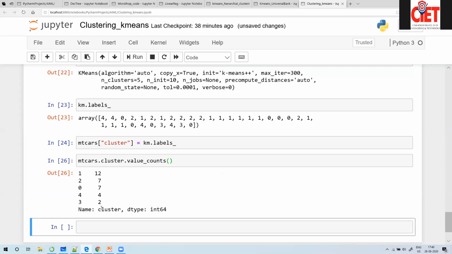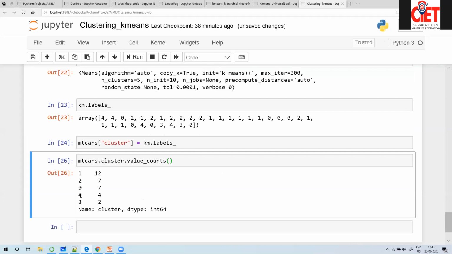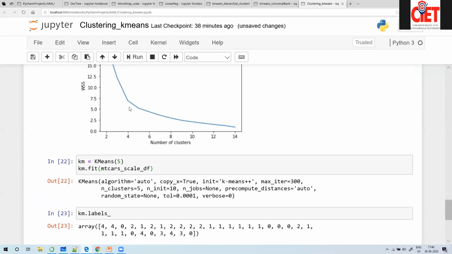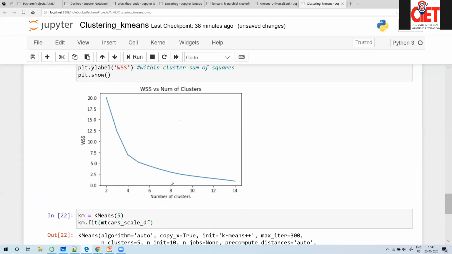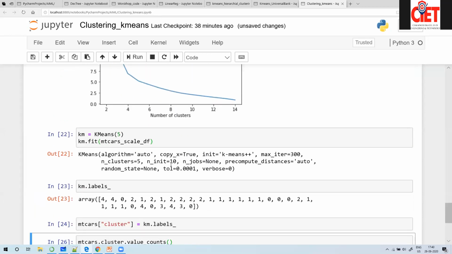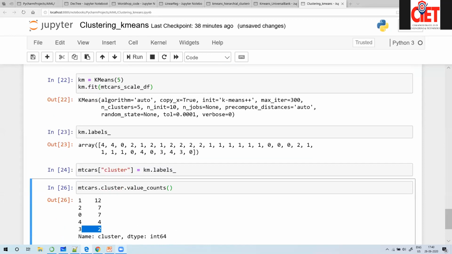now we have generated 5 clusters: 0, 1, 2, 3, 4. In cluster 0 we have 7 observations, cluster 1 we have 12, cluster 2 we have 7, cluster 4 we have 4, and cluster 3 we have only 2 observations. Okay, and when we looked at this graph, we decided that this is the ideal number of clusters to go with. Okay, that's exactly what we do in k-means, and I hope you have a good amount of